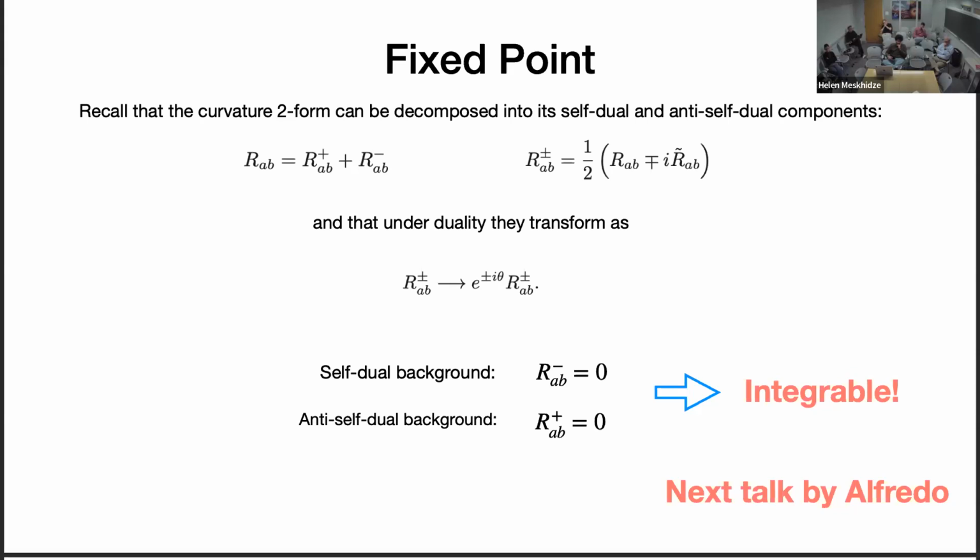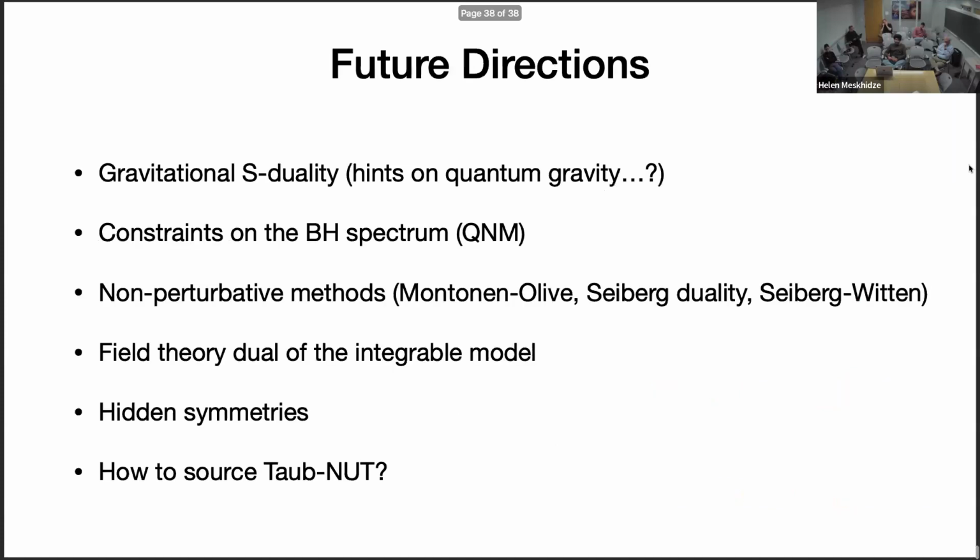But I can explain why exactly, and that will be the subject of further talks, perhaps on other things. So let me just end with some future directions. One thing that I already mentioned is how to solve Kerr-NUT. This is a long-standing problem, and that's one of the reasons we wanted to study duality in the presence of matter, because the hope is that we develop the tools to now be able to map the Schwarzschild source into the Kerr-NUT source. But there are some more general directions.